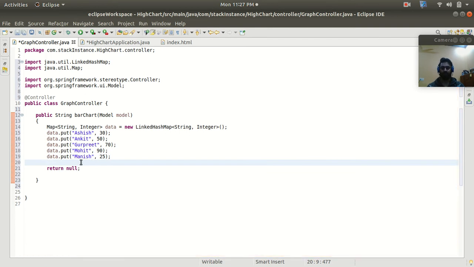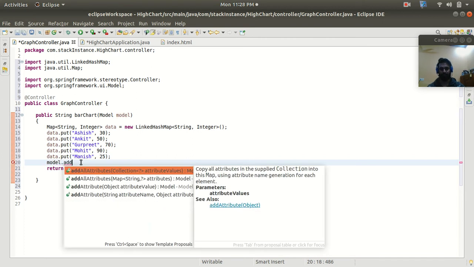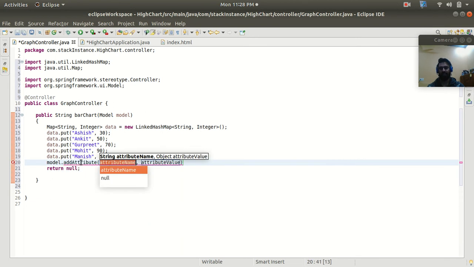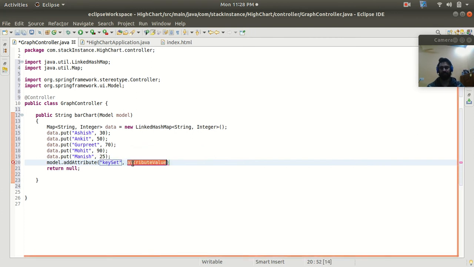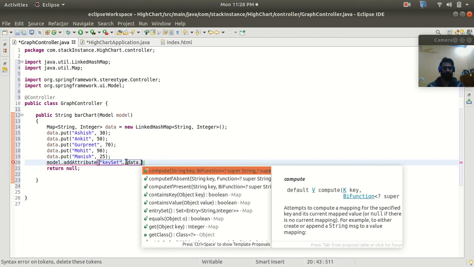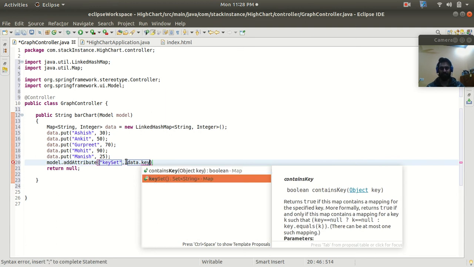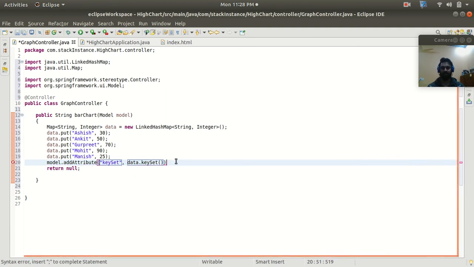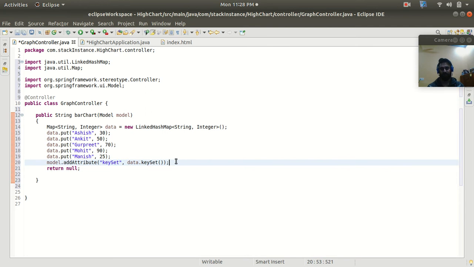Now I'm going to use the model reference to add the attribute. Here I'm going to use addAttribute. As a key I'm going to use keySet, and as the value I'm going to store all the keys of the map. How can we take all the keys from a map? We have the method called keySet, right? With the keySet method we can take all the keys present in the map.